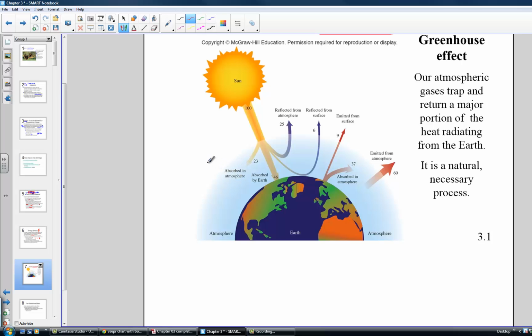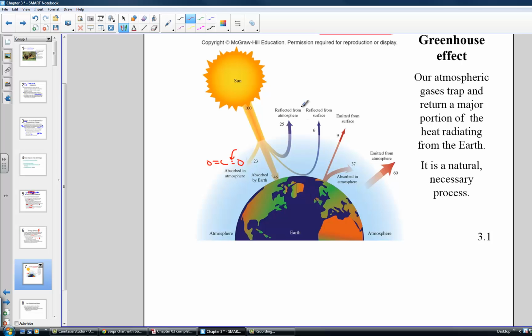they're literally being absorbed in the gas molecules' bonds, and we'll see that so critically important that there's certain gases in the atmosphere that the bond serves as a storage tank to place energy. So we're absorbing heat and keeping it close to the Earth, kind of like a blanket of heat. Some goes into the Earth, same idea. If it's going into the Earth, it's being stored in chemical bonds.